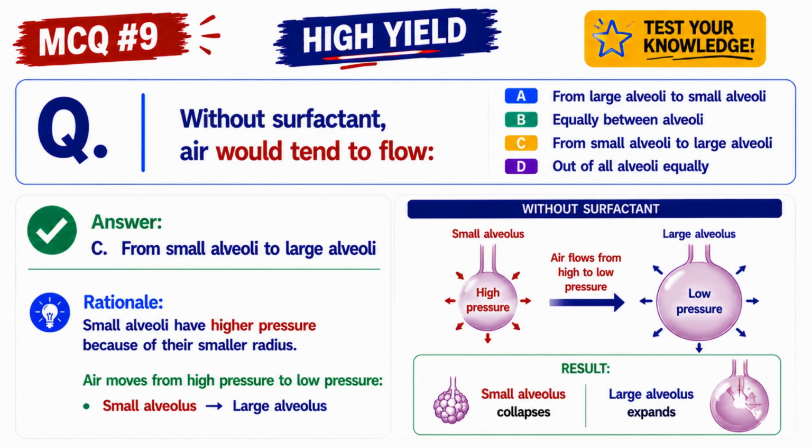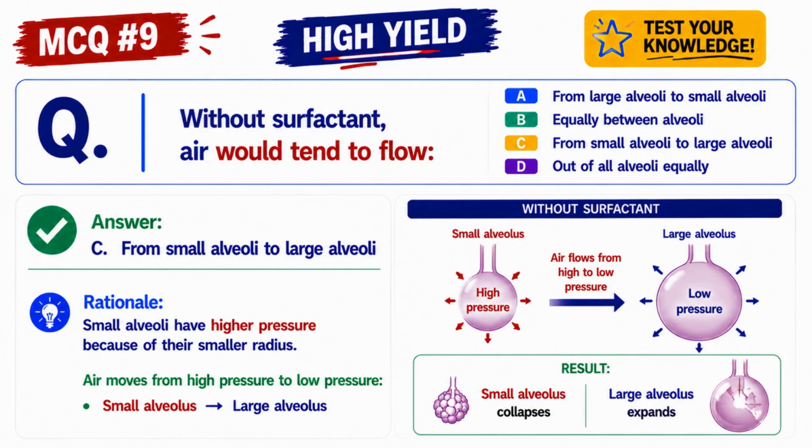Without surfactant, air flows from the small alveolus into the connected large alveolus. The small alveolus, already high pressure, continues to empty, gets smaller, pressure gets even higher, empties further, collapses completely. The large alveolus receives the air, gets larger, pressure falls further, accepts more air, overdistends. The end result: collapsed small alveoli plus overdistended large alveoli. Atelectasis, shunt physiology, hypoxia. This is exactly what happens in neonatal respiratory distress syndrome, premature surfactant deficiency, alveolar instability, progressive